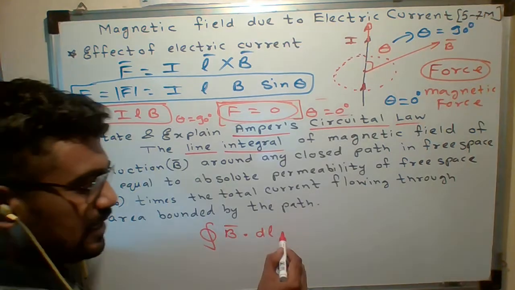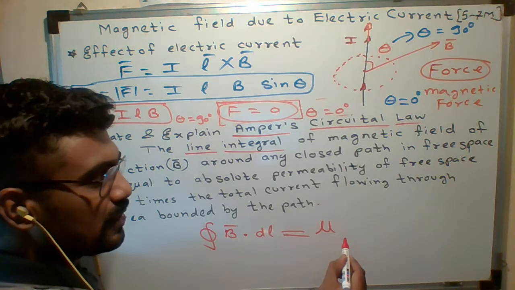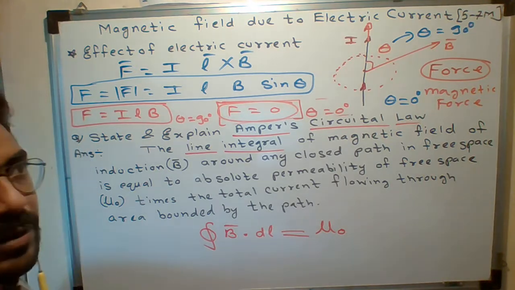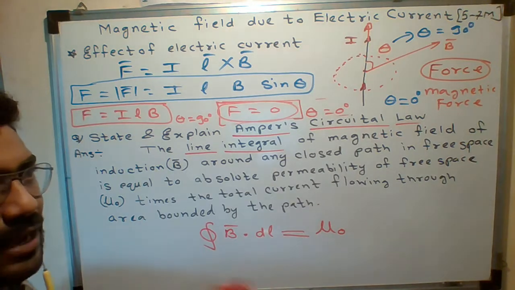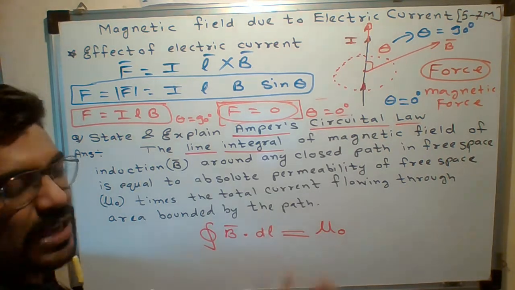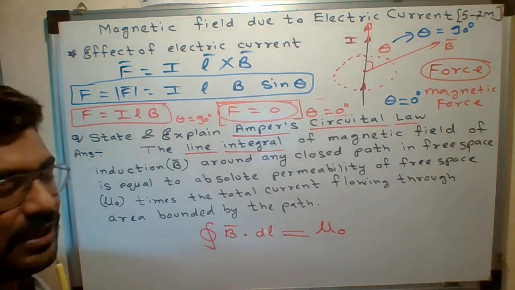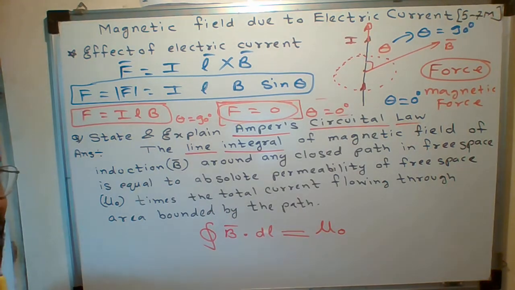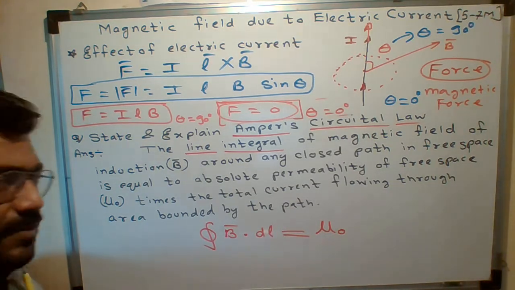It is equal to the absolute permeability of free space. Now we know epsilon naught is called permittivity of free space and mu naught is called permeability of free space. What is this permeability? When I teach magnetism, that time it will be clear. Those who did not learn magnetism in 11th standard or don't remember it, it is not compulsory to remember each and everything. Don't worry, first understand the Ampere circuital law. Those who want more explanation of such parameters, don't worry, I will explain when magnetism comes.